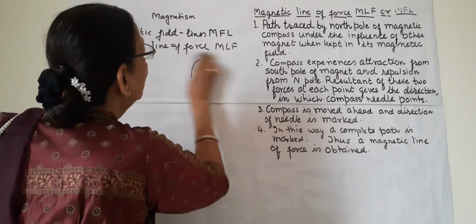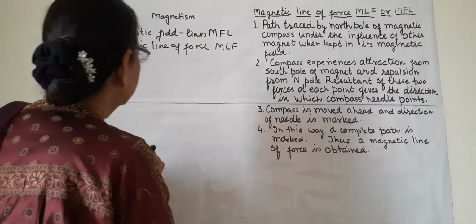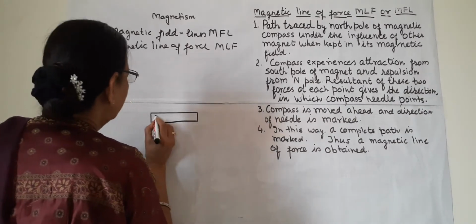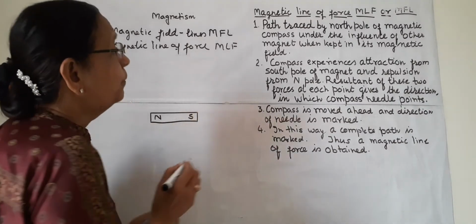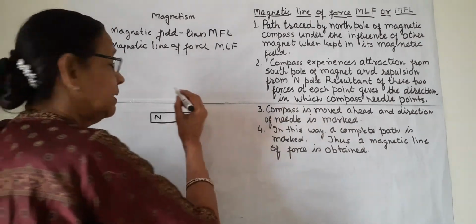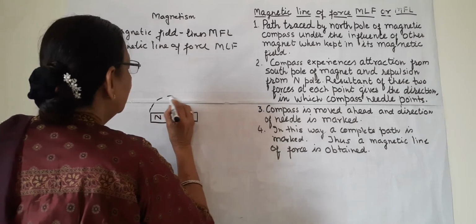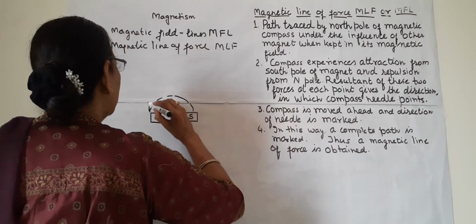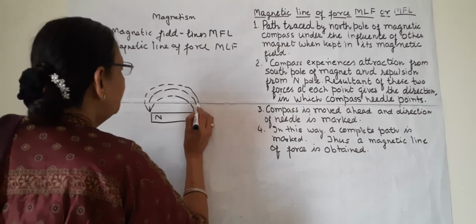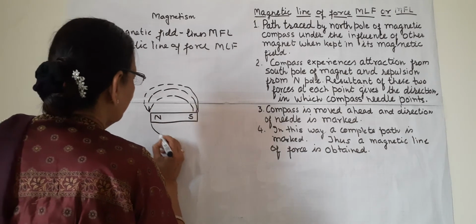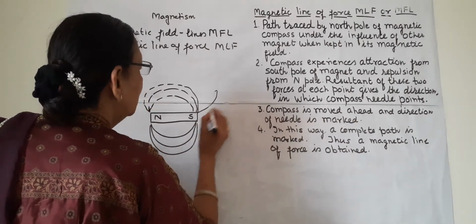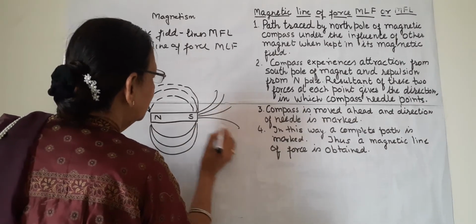And what we have written, the first thing is, suppose this is a bar magnet having north pole and south pole. So the magnetic lines are around these. These magnetic lines look something like this. I am drawing for you. So these lines have a shape like this, and these lines can be plotted by this magnetic compass.